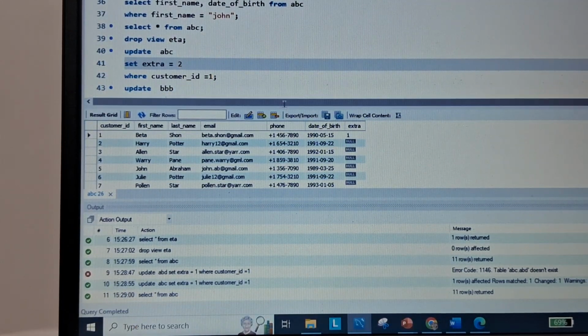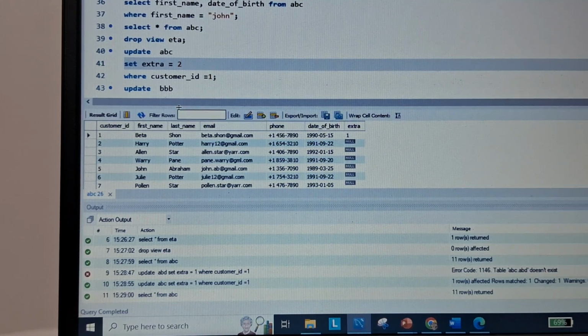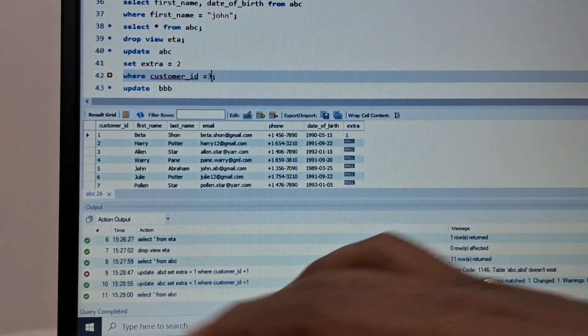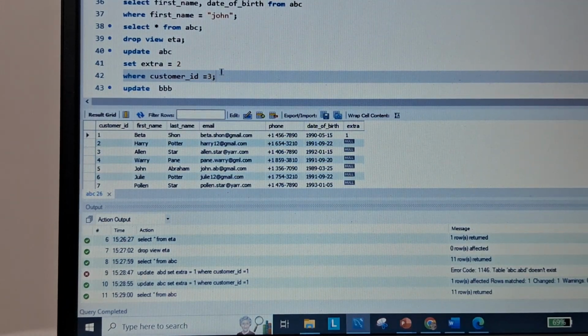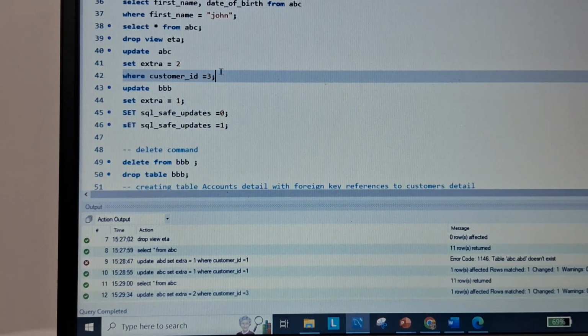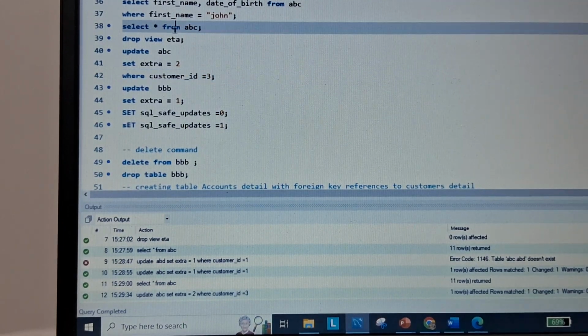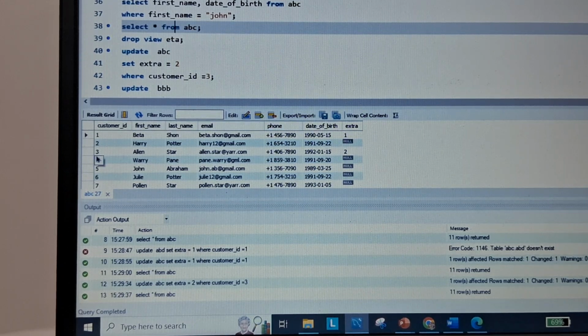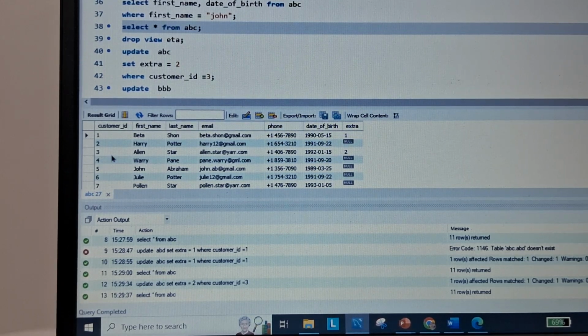Like I want to add value 2 where ID is 2, or say ID is 3. So it will update my data again. Now 2 is added where customer ID is 3.